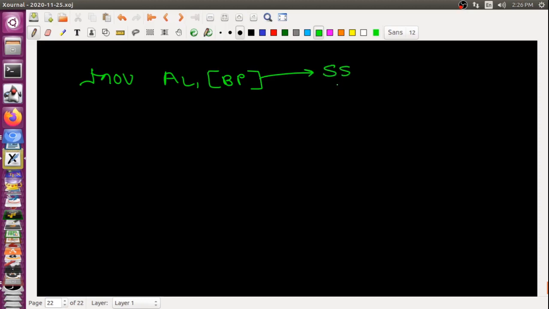For example, if the stack segment has the value 30,000, and BP is treated as an offset value, it has the value 0010H.